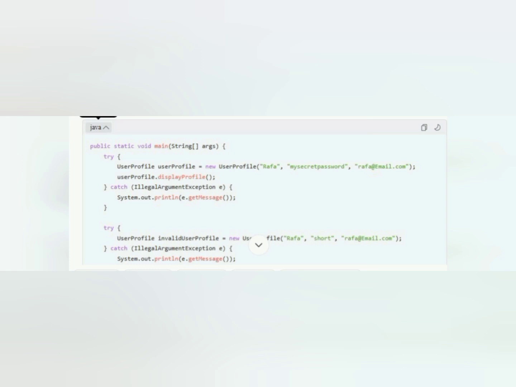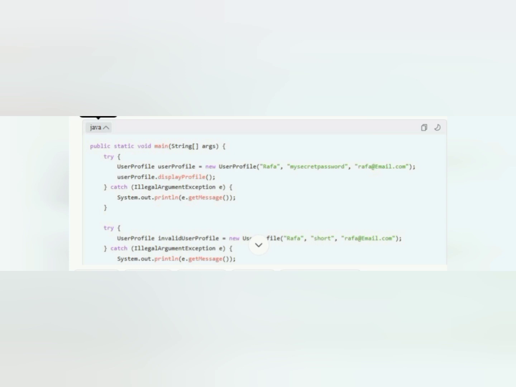It demonstrates how to create UserProfile objects and how the validation works. First, we create a UserProfile object named userProfile with the username Rafa, then password, we have the visible password, and then email rafa@email.com. It calls the displayProfile method to print the profile information.